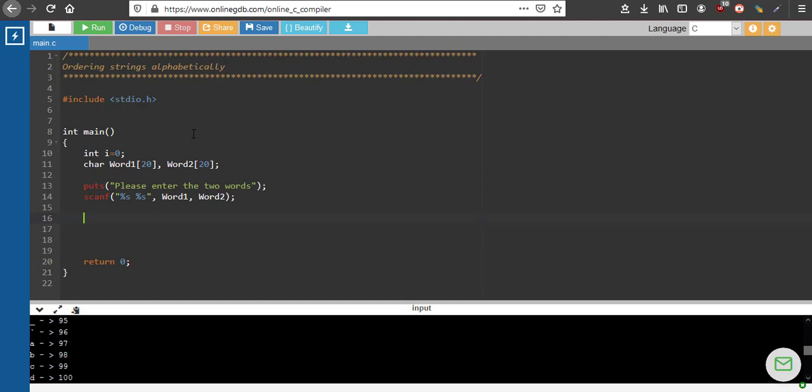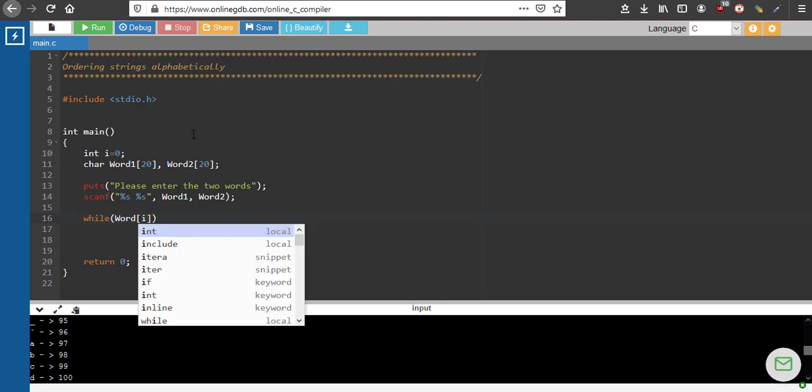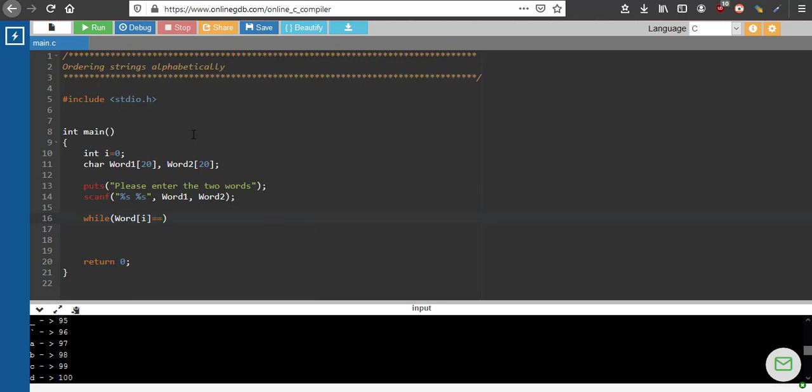Now we will scan through each character in the character arrays and find which characters are different. How do we do that? We'll use a while loop: while word1 of i is equal to word2 of i.